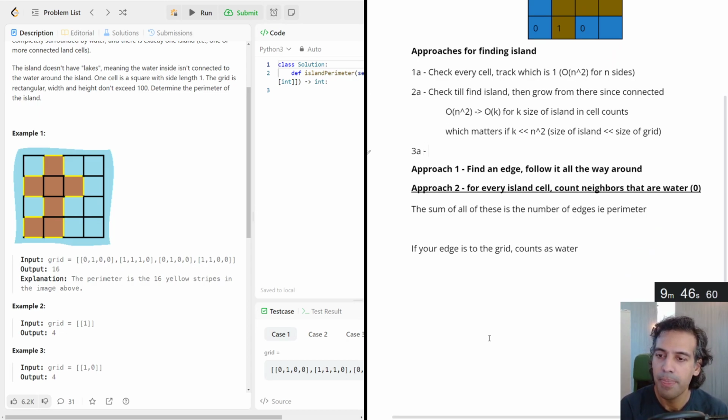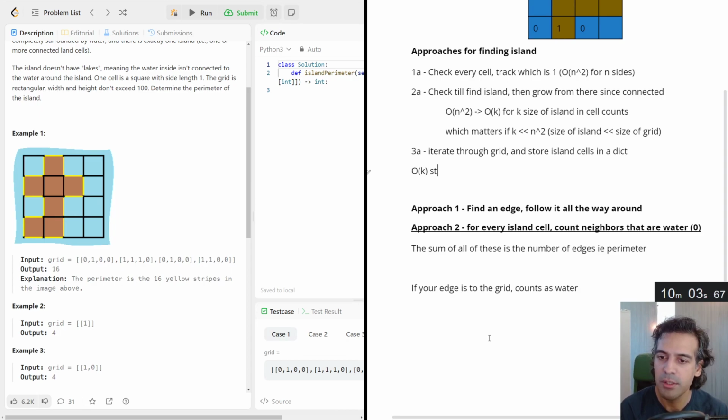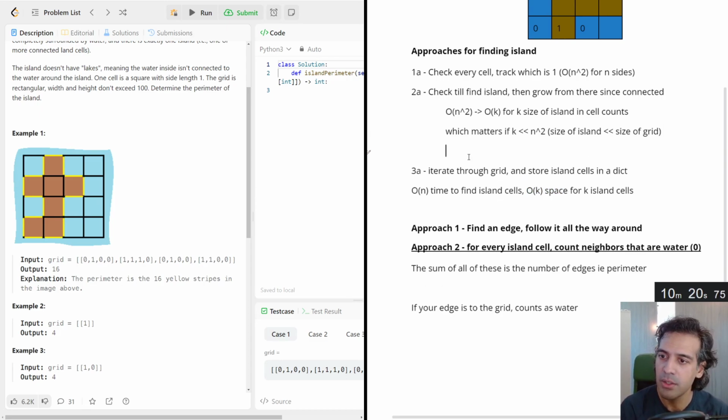We can iterate through the grid and store. So kind of the question here is, how much memory do we want to use, and store island cells in a dict. So here, O of k space for k island cells, O of n time to find island cells. So actually, I kind of like this a lot. If we're allowed to use this much space, then we are going to be golden. This is a question kind of for the interviewer. Whereas I think for this one, technically, if you grow out from the island, you're only using